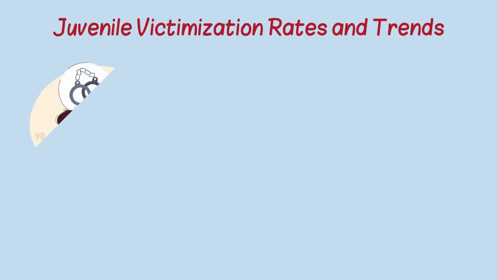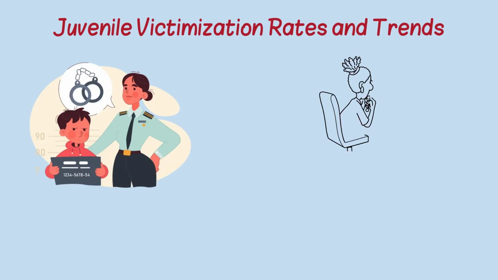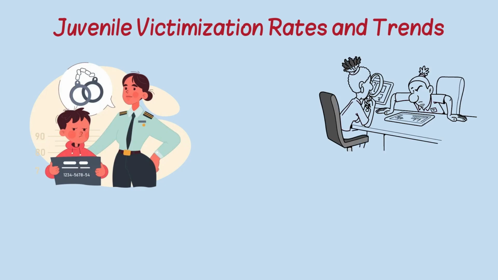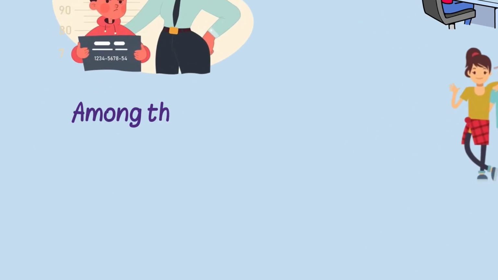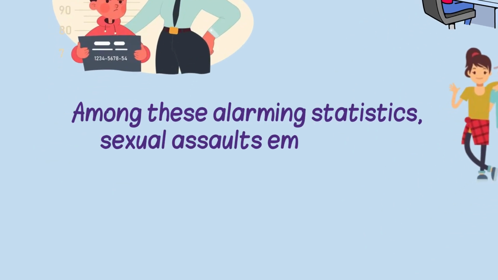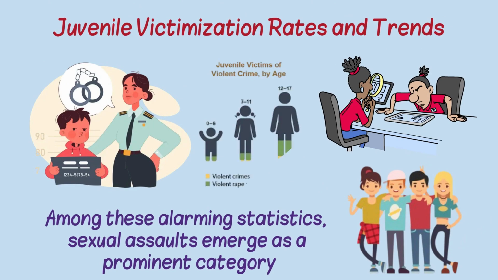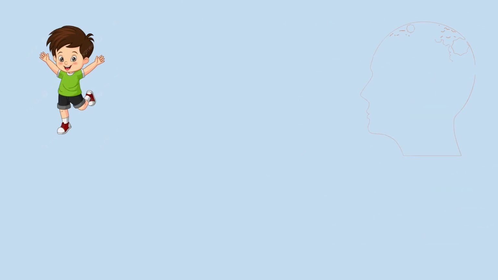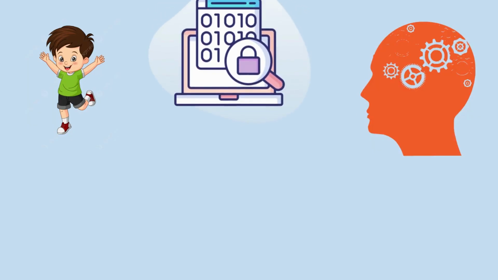Juvenile victimization is a pressing issue that reflects broader societal challenges. Studies indicate that children and adolescents experience significant rates of victimization, with younger populations being particularly vulnerable. Among these alarming statistics, sexual assaults emerge as a prominent category, accounting for nearly one-third of all victimizations among preteens. This disproportionate occurrence highlights the need for a deeper understanding of the factors contributing to the heightened vulnerability of this